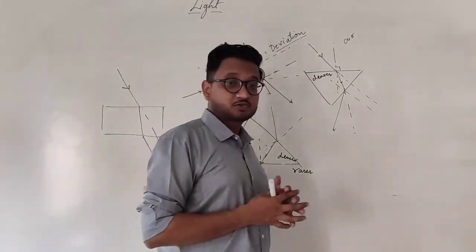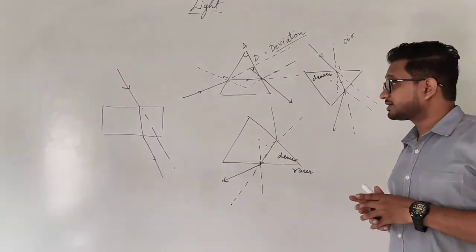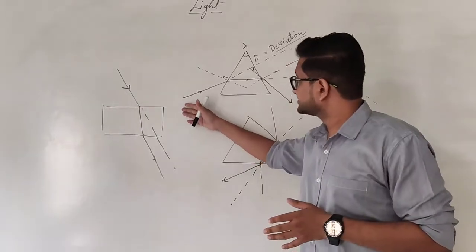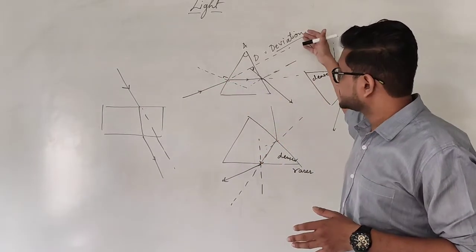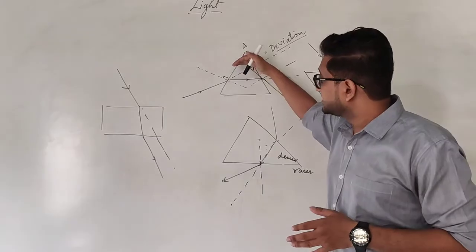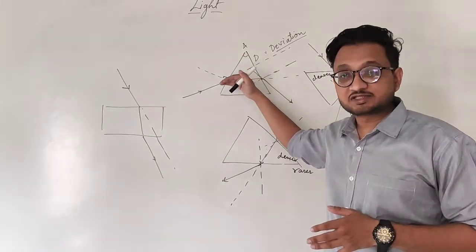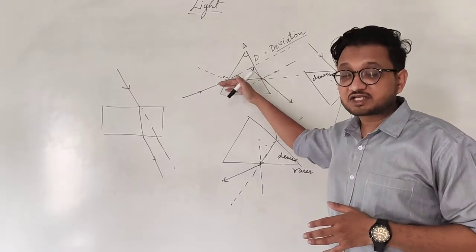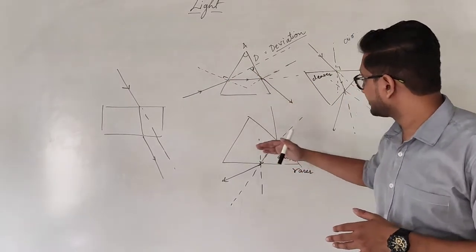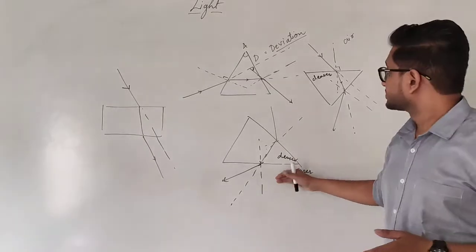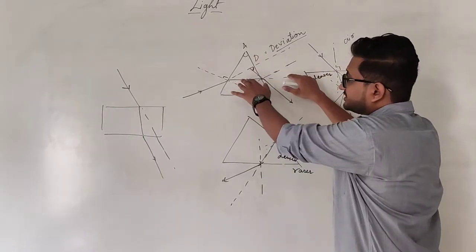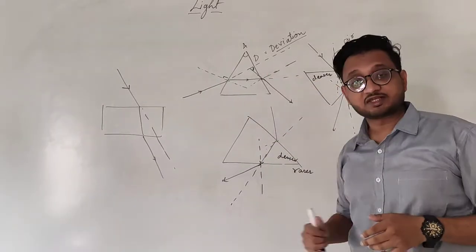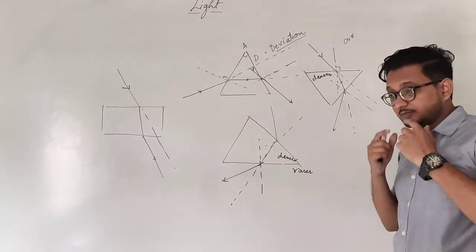I hope it is clear to you students, a little bit complicated, but once you imagine it, it's not that difficult. So the ray of light enters from one side, it is supposed to go this way. Because of the surface, it bends towards the normal, entering into the denser medium. It is emergent on the other side. Now it is entering from a denser to a rarer medium, and therefore it bends away from the normal, as you can see in this case. So this is the part where we rotate the prism like this, and this is the part where we rotate it once more, so that we can see and understand all the cases quite easily, in a simple manner.